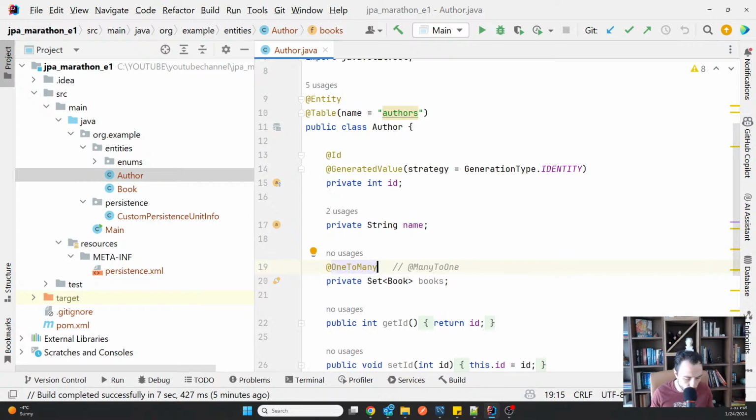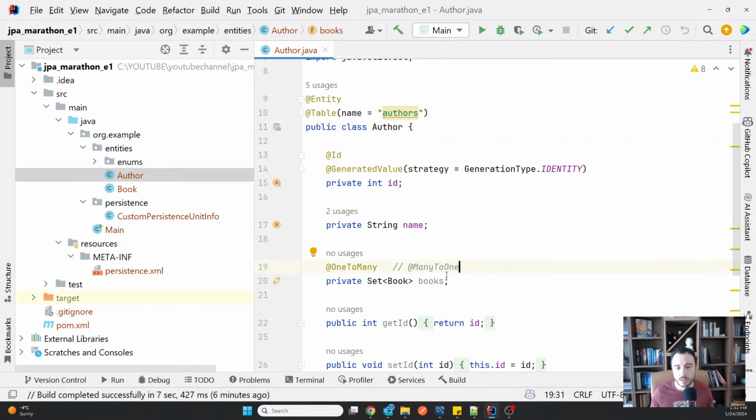I'm not sure how many people take that certification anymore, but back in the days it was one of the most appreciated certifications, and it was quite a difficult one because of all these details you need to learn. And of course, remember, when you have a certification, you do not have an IDE, so you needed to know if the annotation you have to use is OneToMany or ManyToOne, without having proper instruction from an IDE that tells you, hey, you are doing something wrong. Okay, so if you want to remember for any reason, this is always OneToMany.